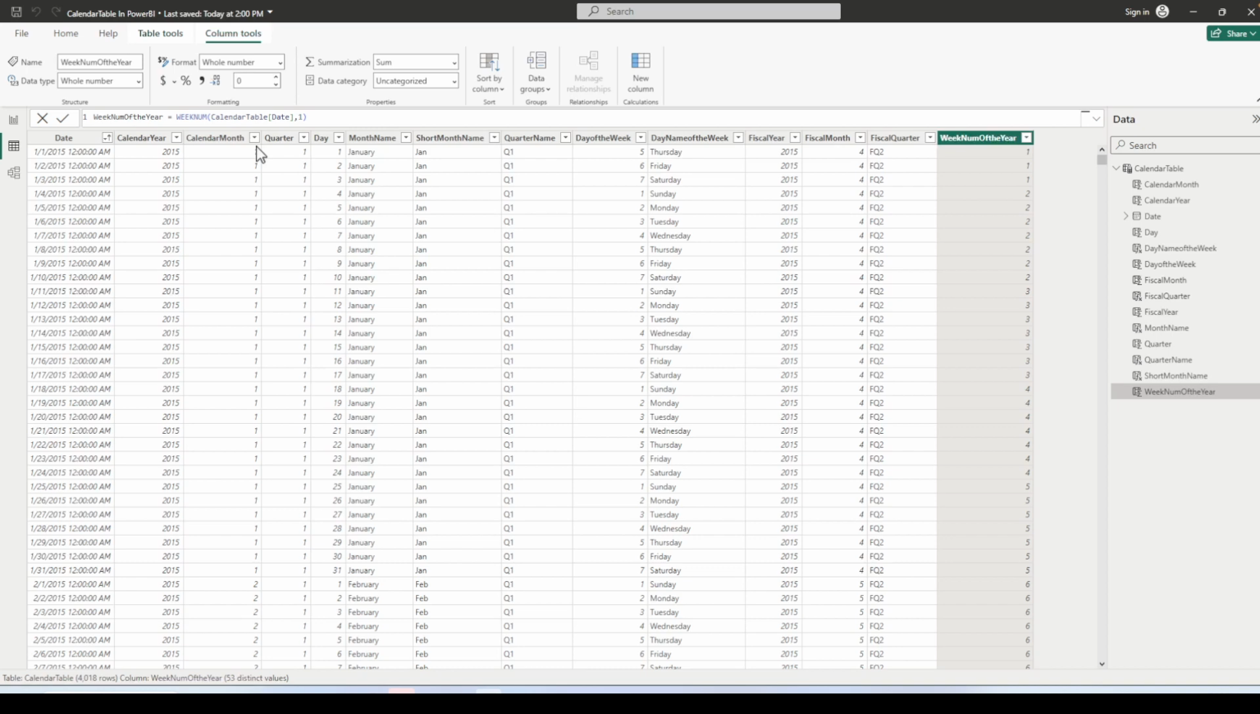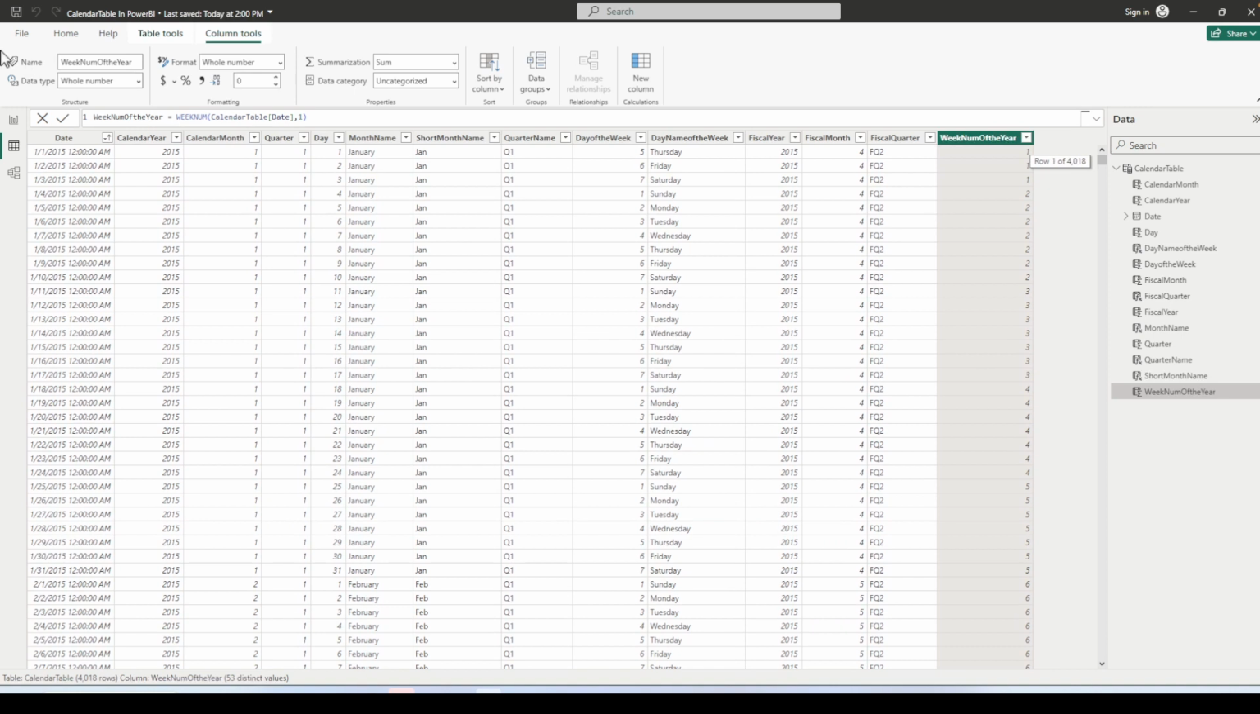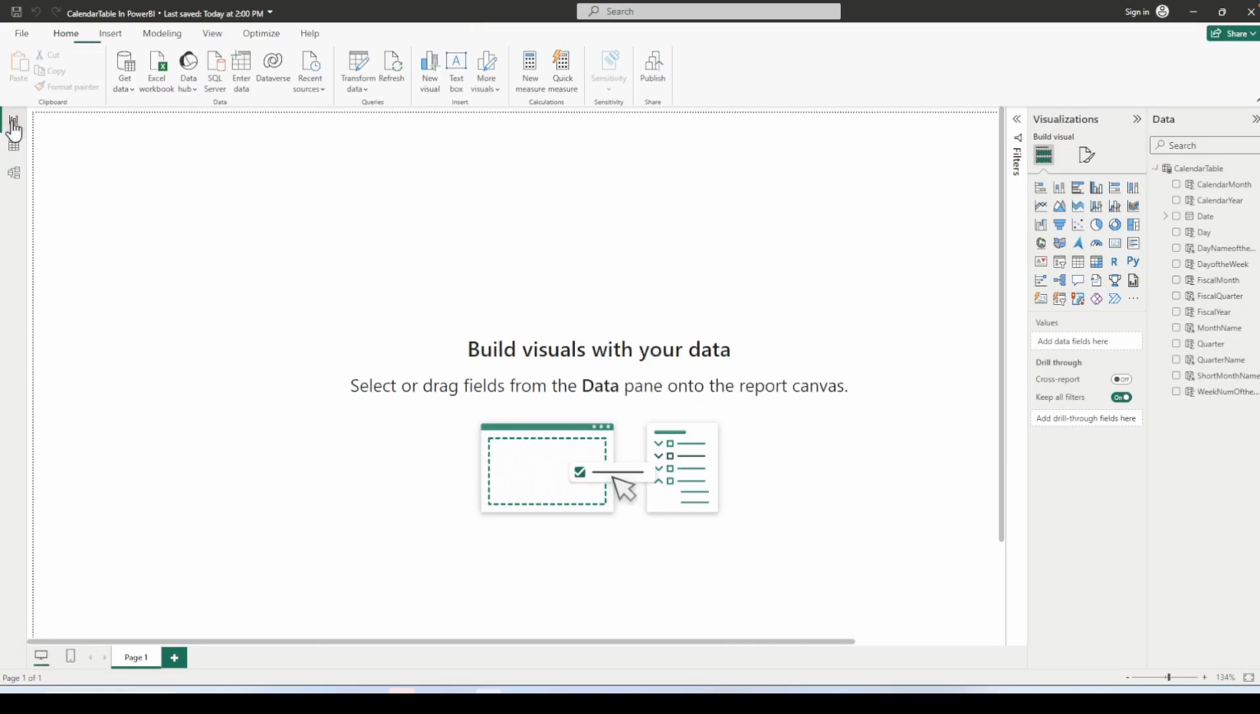All right, so this is a good enough calendar table to get started and link this up with any kind of other date tables to build any reports. So there you have it, the calendar table created from